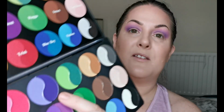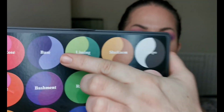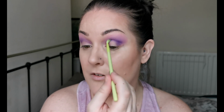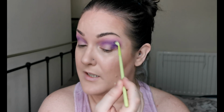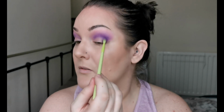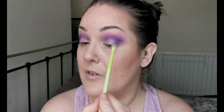So I am going to go in with, oh, do I want to go in with the black to deepen up or the deep purple? So I'm going to go in with this dark purple here, which is from Base. Let's just see if we can get the depth with this. If not, then I can always go in with the black, because there is a matte black and white in here. Oh, it's definitely doing a nice job of deepening there. Beautiful. And back in with the first purple Bashment